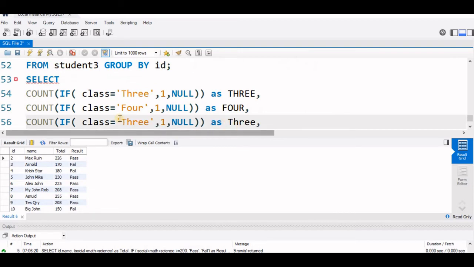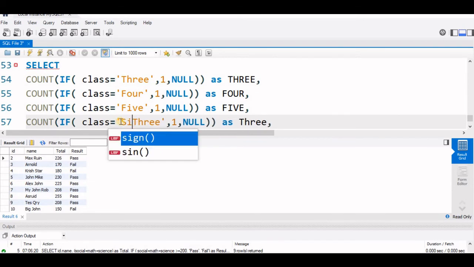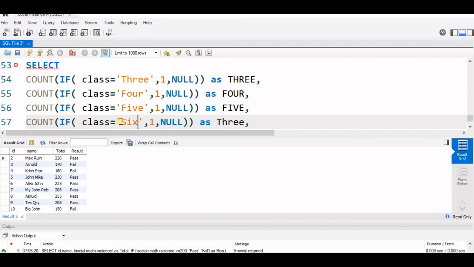Now let's go for class equal to 5, so here we'll make it 5. Here now let's say 6. Like this we will continue for all the classes.